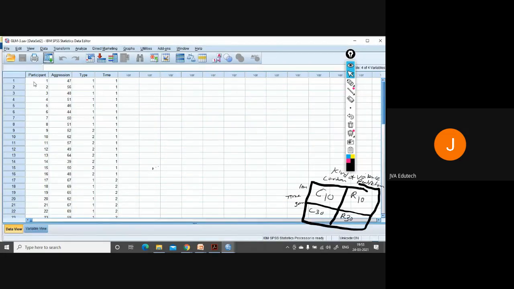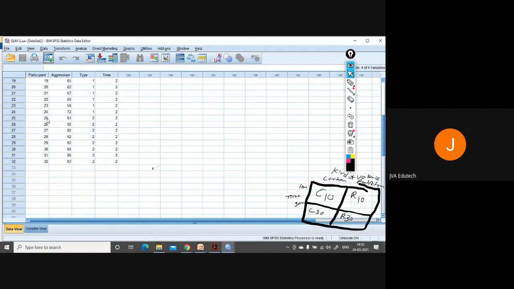Okay. So participant, aggression, type, time. A group of 8 is assigned to each of the situations, so 32 participants. Then out of 100, how many times they got aggressive has been measured while playing the game.